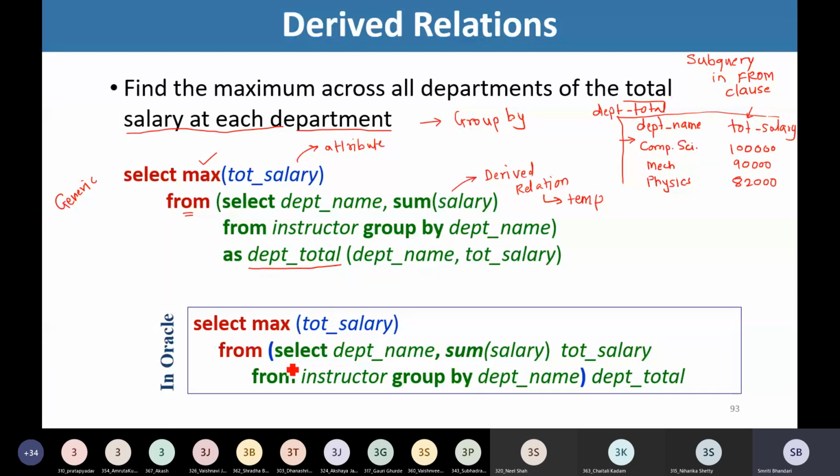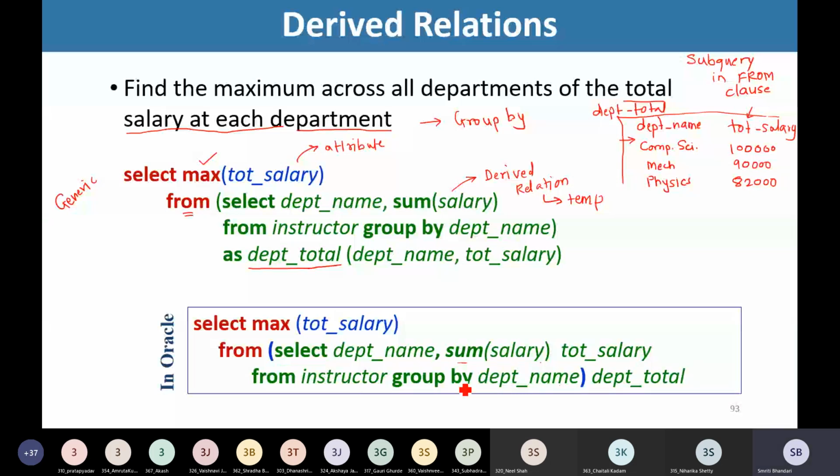See here, the SQL statement that we use to derive the relation is select department name, sum of salary, which is being renamed as total salary, right? So here itself in the select statement we provide a name for that column, total underscore salary, from instructor, group by department name.